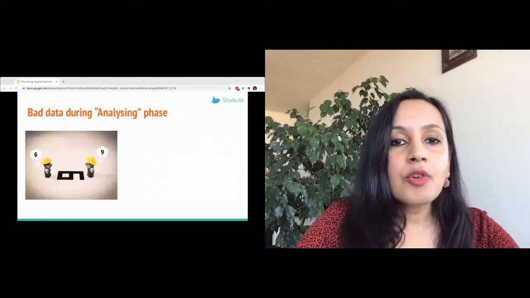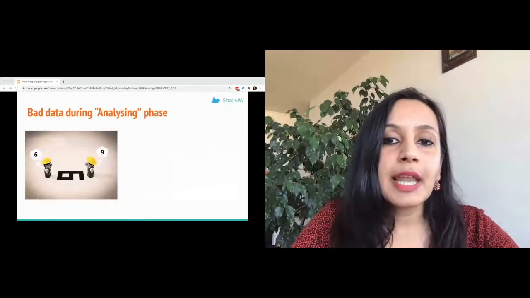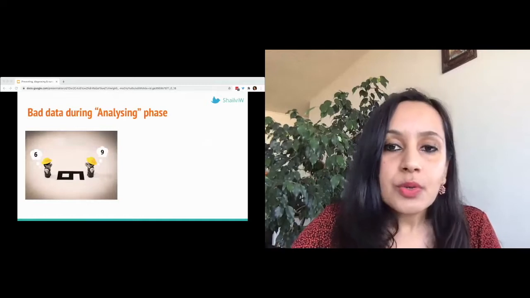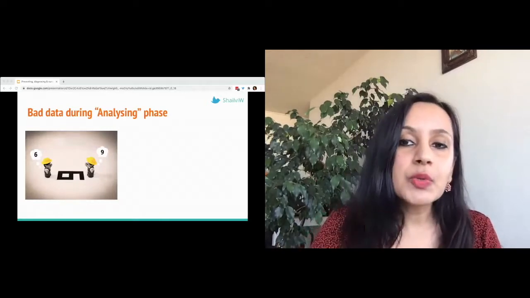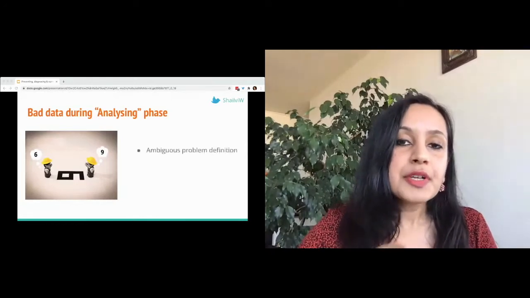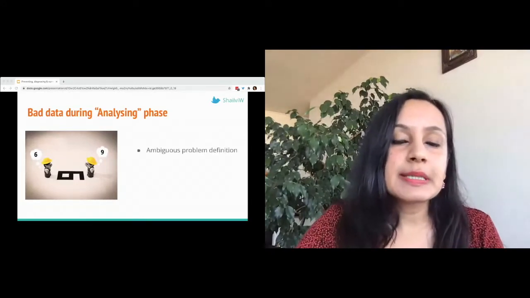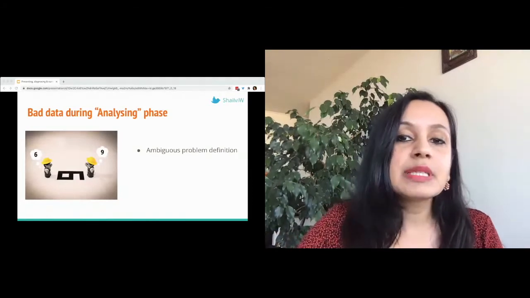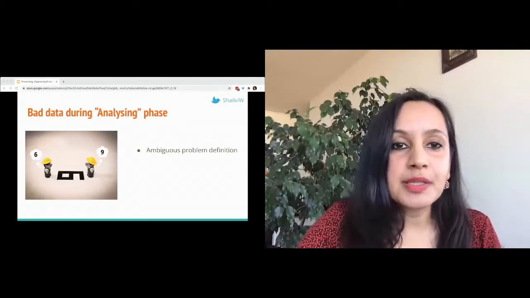We're now on to the fourth stage of the data lifecycle, which is analyzing. This is where the rubber meets the road, and you start actively using the data as an input for key decisions. First step is the problem statement itself. Stakeholders and analysts can easily be misaligned on the question that they're trying to answer.